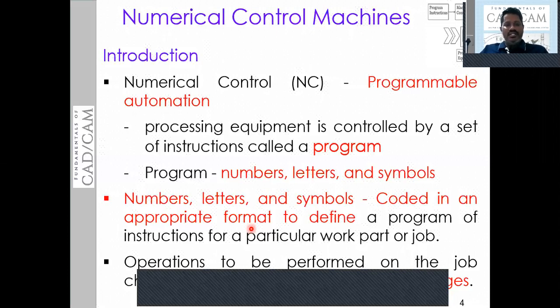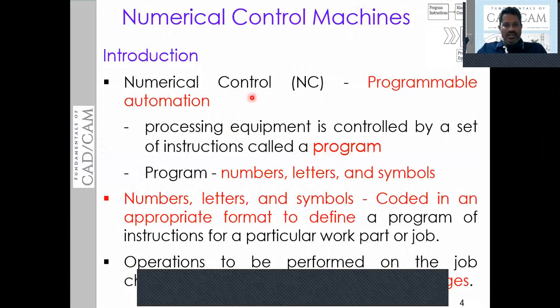When it comes to the introduction, numerical control is a programmable automation used to process equipment controlled by a set of instructions called a program.